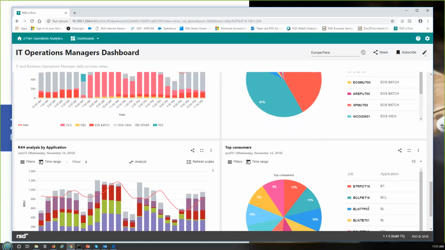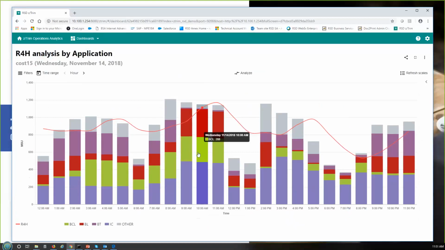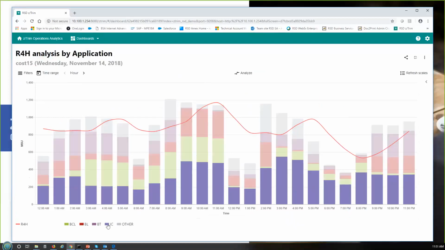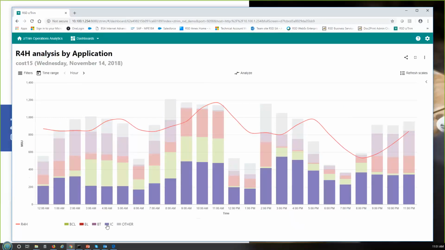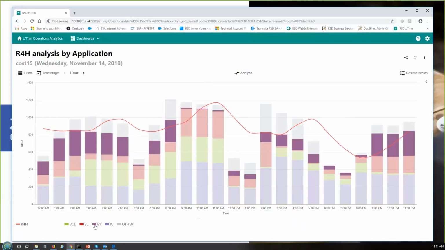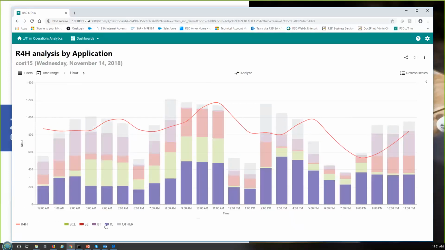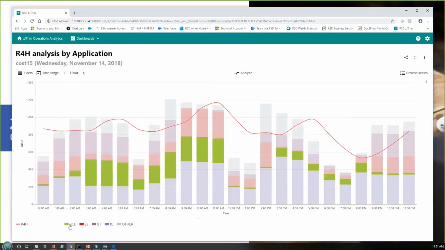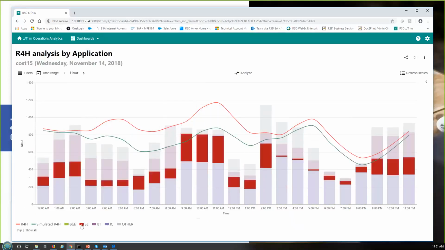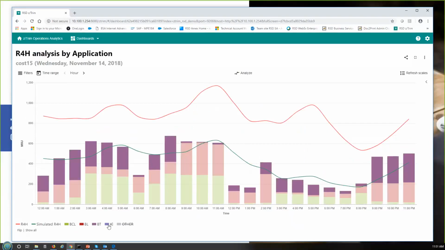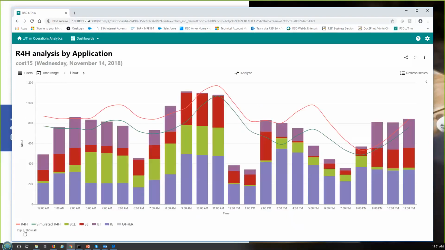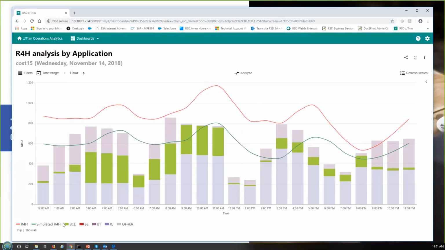Okay, the last two KPIs that we're going to see here are the cost 15, which is the R4H analysis by application. And we can see here that probably our biggest contributors are these BL applications, this IC, not as much. Excluding him, all these together, if we exclude them, and then flip, so they're the only ones that we show, we see it's a contributor. And if we exclude these three,